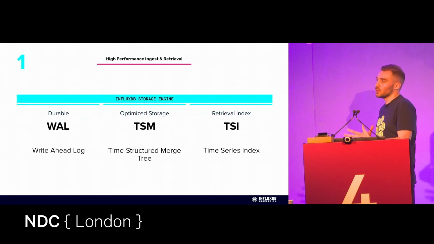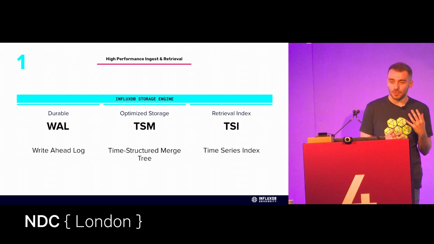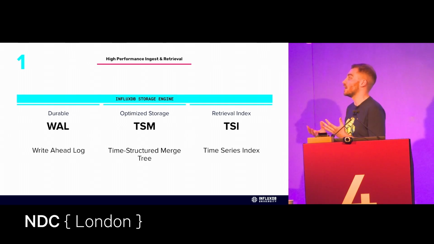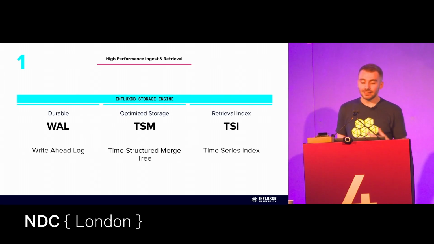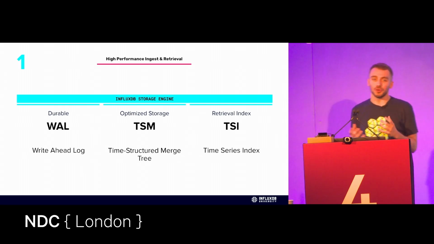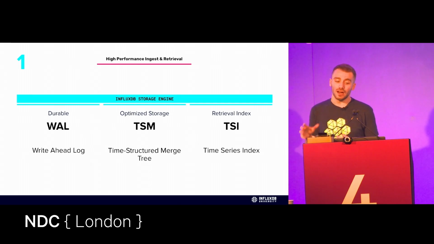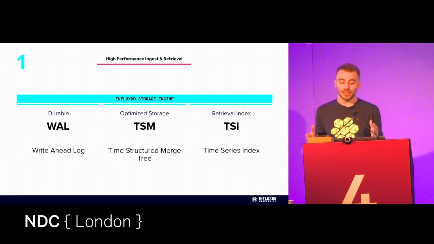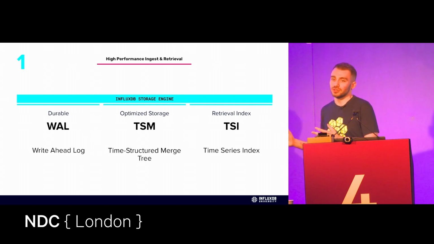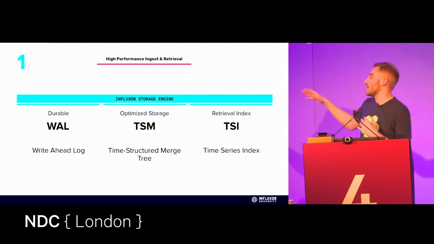So now that we've talked about what the schema looks like and how we're ingesting data, let's actually talk about what a time series database needs to be. And this is what InfluxDB has become. It has to deal with high ingest, high throughput data. And we do this from building a database from the ground up. So at Influx Data, we realized that, as we said, the common database wasn't going to cut it. So we actually used industry standard techniques to build our database from the ground up. And this comes into 3 different categories.